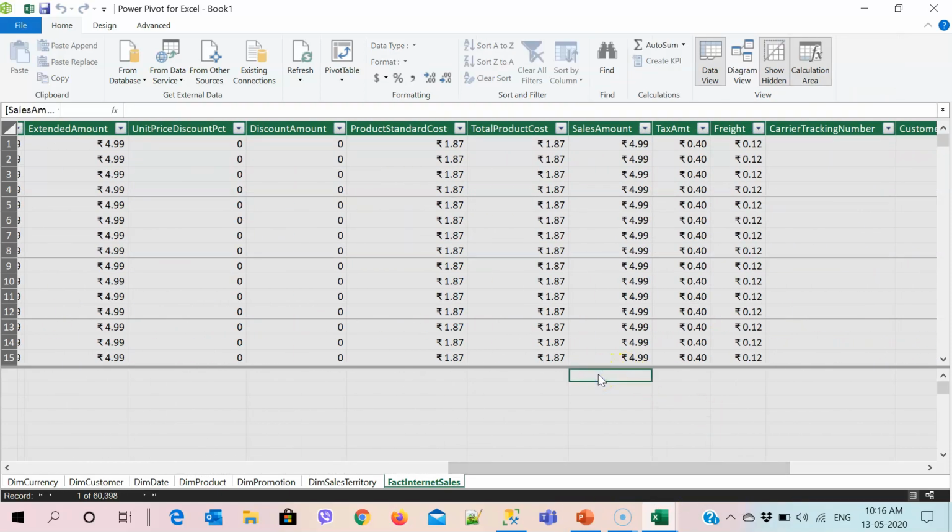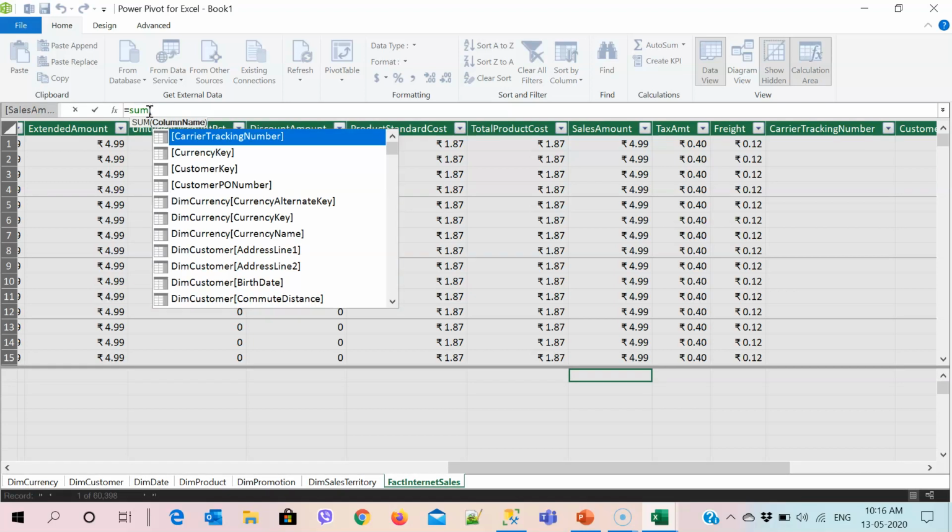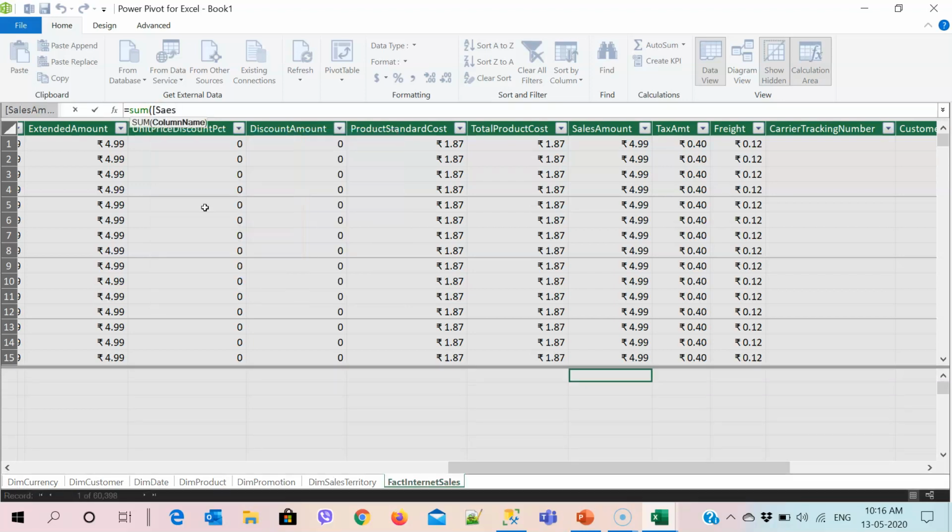will click here. So here we generally use simple DAX. I will say equals SUM, and then inside that I am going to call the column for which I want to retrieve the sum. So I will say SalesAmount.